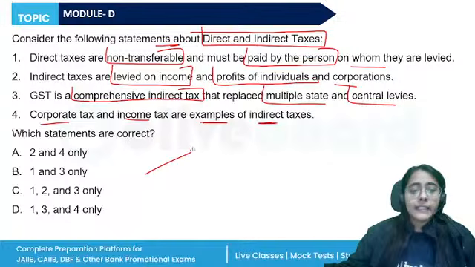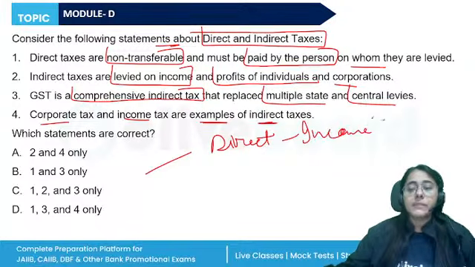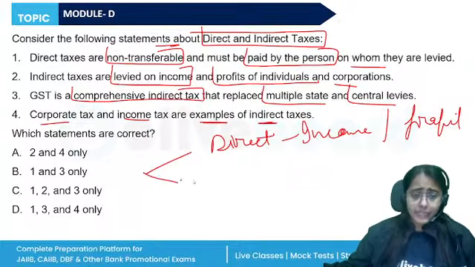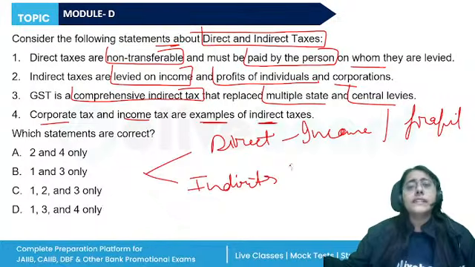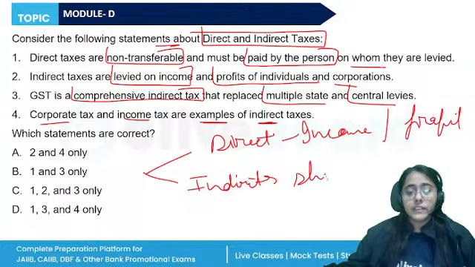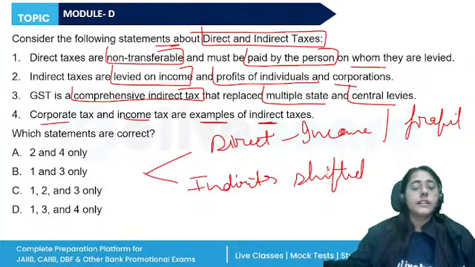So, what is a direct tax? Where there is no shifting, the incidence and impact of the tax falls on the same person. So, for the salaried individuals, income is taxed, and for the business clients, their profit is taxed. Indirect tax is not on the income or profit, it is on the sale of goods and services, which are availed by the consumers and they can be shifted. Okay, the various indirect taxes, VAT and others, have all been now subsumed under the GST.